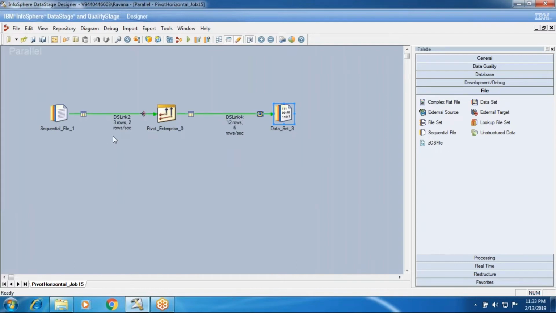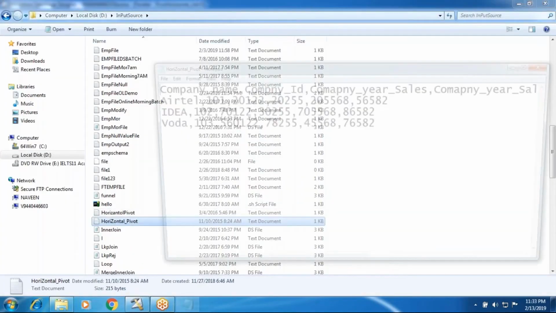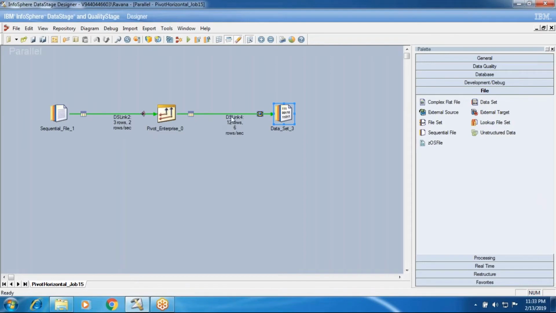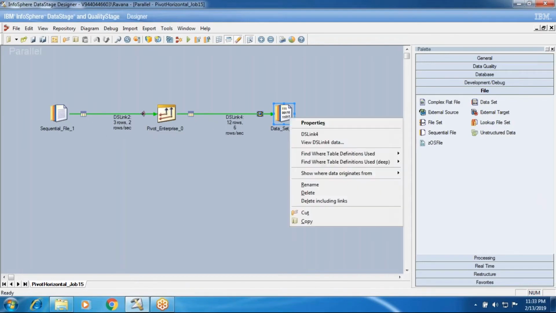See, now I got 3 records. In horizontal pivot, I have 3 records and 4 columns, 1, 2, 3, 4, 4 quarters. So now I have for 3 into 4, 12 records. So in the target, I have 12 records.